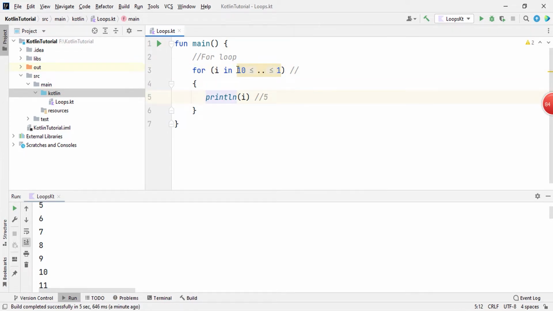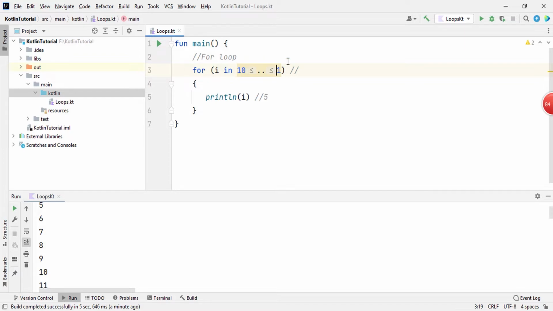It is okay syntactically, but it will not work. As you can see, this is the advantage of the IntelliJ IDE. It is giving a symbol here and here. So a number which is less than or equal to 10 and greater than or equal to 1,